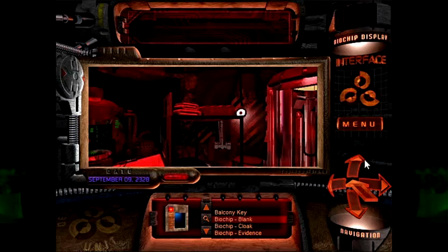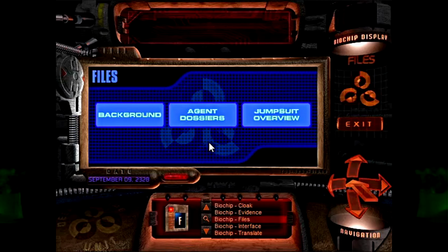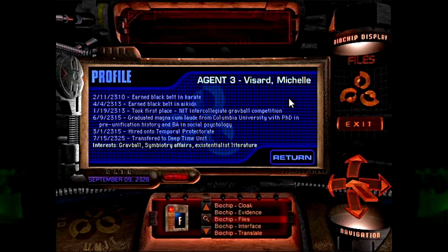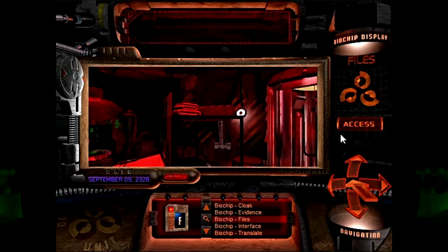But so the reason the password was grab ball, it's actually a very subtle thing they do. If you recall, they let you go into the file's bio chip and access her dossier. But if you look in her profile, grab ball is the only thing mentioned multiple times. That she was first place in grab ball. She has an interest in grab ball, and then, if you recall her voice message to us at the beginning